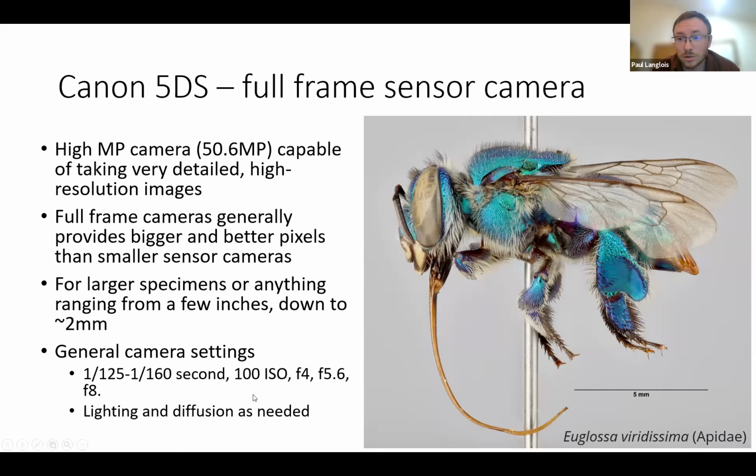We also generally shoot in 100 ISO. Just with our lighting setup, we have good, strong, balanced light, so we don't need to bump that up any further. The lower ISO you use, generally you have less noise in your image, so you can effectively have more resolution, it appears. For the aperture setups that we use,